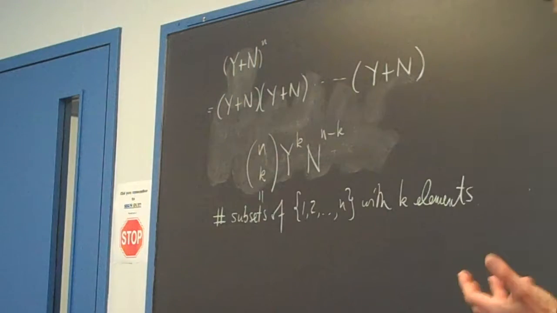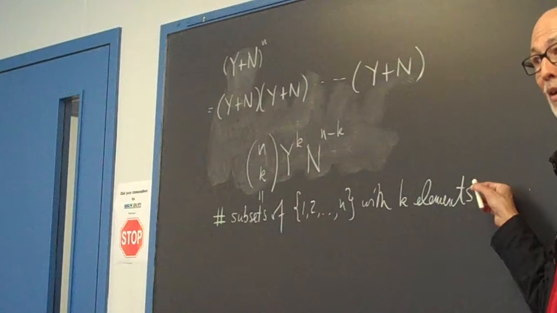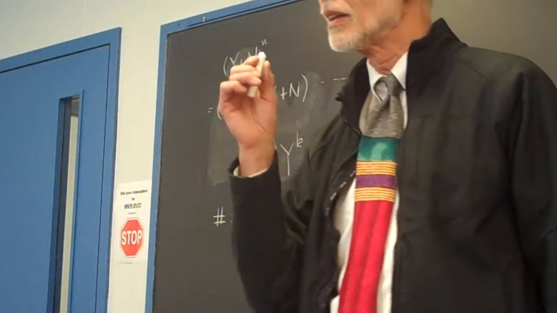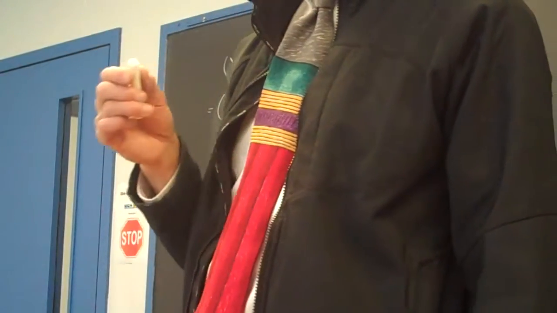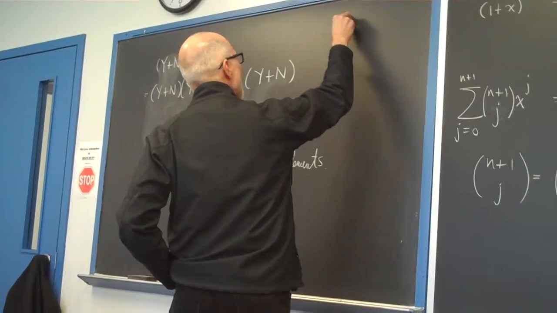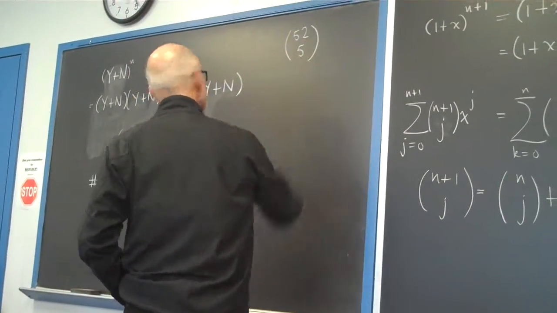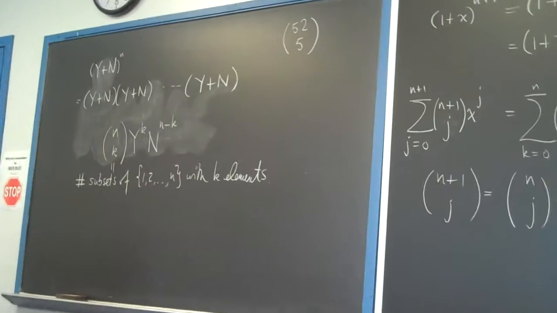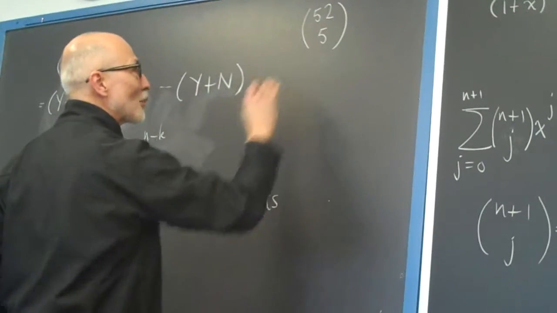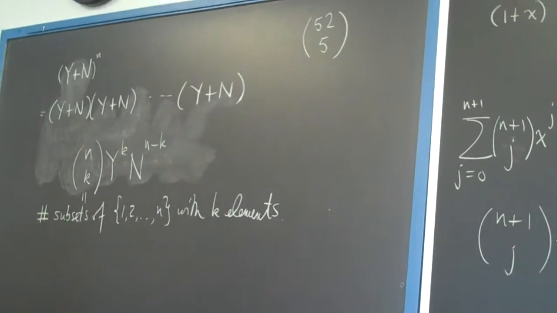Now, in fact, Pascal was really interested in this formulation and this meaning of the numbers, because what Pascal was trying to analyze in his book were games of chance. And so he wanted to know how many ways certain things happen. So an important calculation involved in this, of course, is this number here, 52 choose 5. Let's see, we'll figure out what number this is. This will be the number of